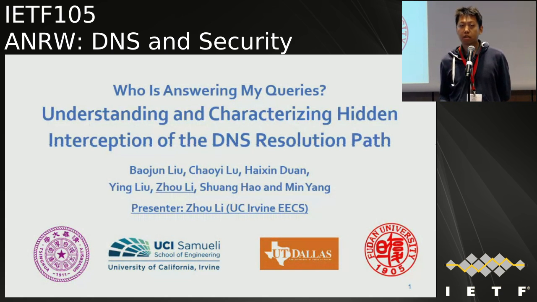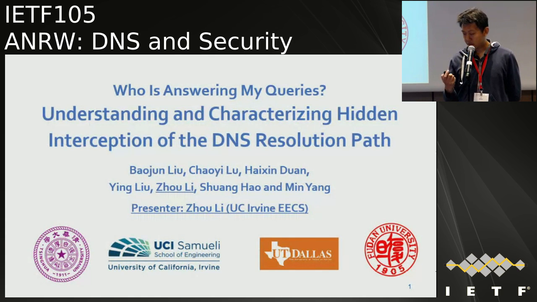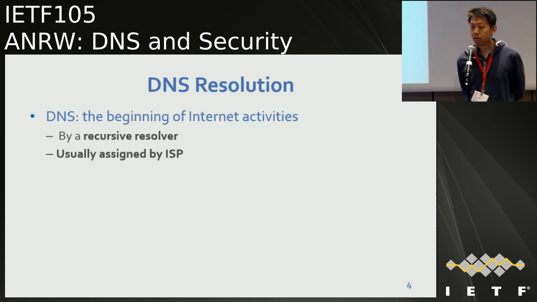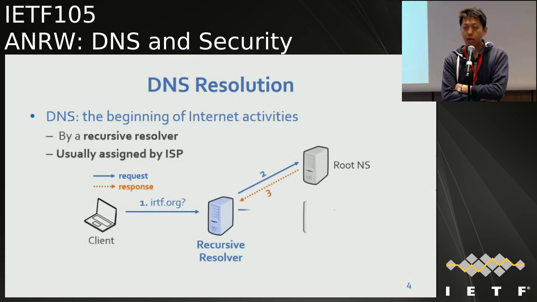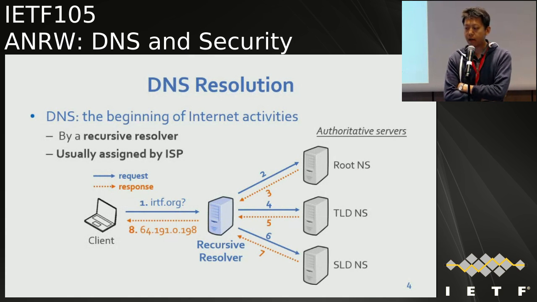So the topic of this talk is DNS security. First, let's give a quick background overview about DNS. In this talk, we focus on the DNS resolution process. Essentially, say you have a client, and you want to get the IP address of a domain name, for example, IETF.org. Typically you will go to a recursive resolver, and then the recursive resolver will handle all the resolution process for you, going to the different authoritative servers, like the root name server, top level domain name server, and the second level domain name server, to get the IP address of your domain